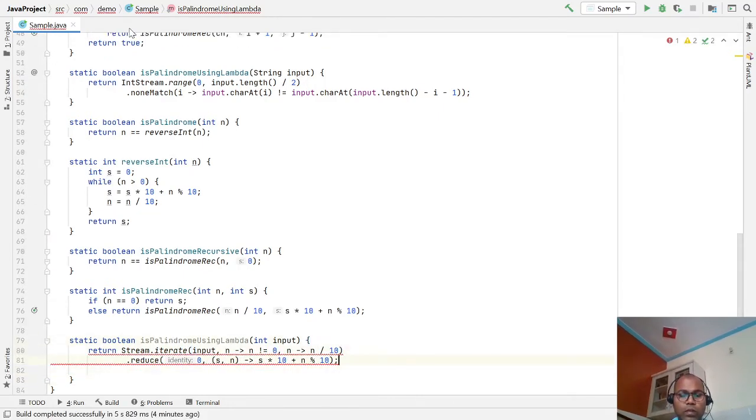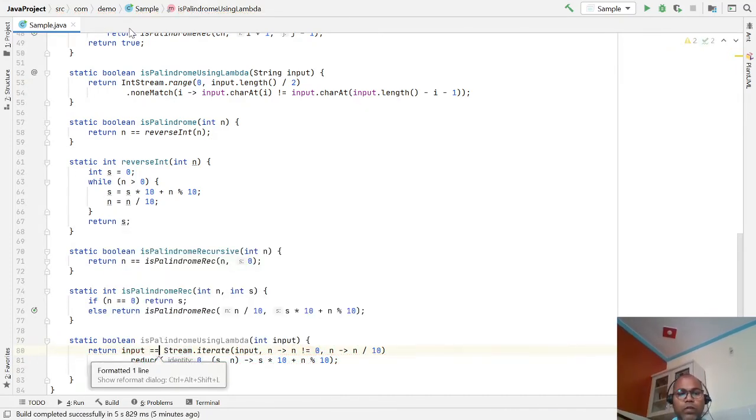Then this returns, then your input number double equal to your input number. Okay, and check this is the limit: until the number is not equal to 0, this iteration goes on.